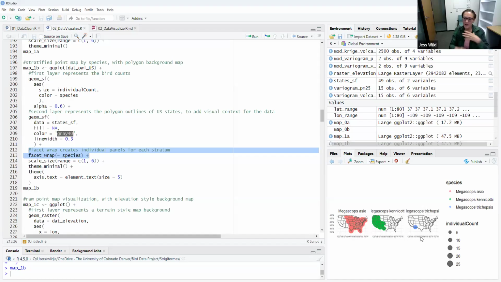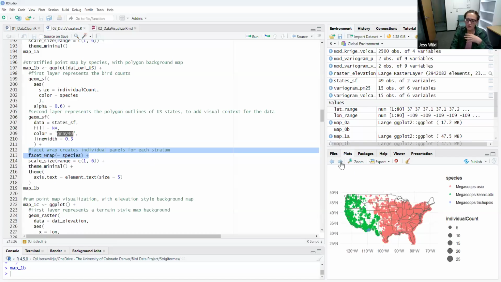So to me, this is something that I would look at if I was trying to understand how these different species were separated geographically, because it gives us a much more readable interpretation for this third grouping, where we can actually see where they are since they're not being covered by these green points. But again, it depends on what we're trying to visualize about our data set, because there are definitely contexts where we might prefer the previous map because it showed where they are in context of each other. But those are two very basic versions of a spatial visualization map looking at count data